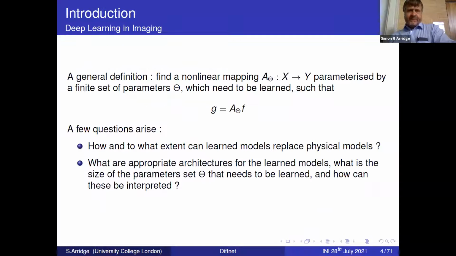So in general, talking about how deep learning can be used in inverse problems. So the general definition would be, can we find a,